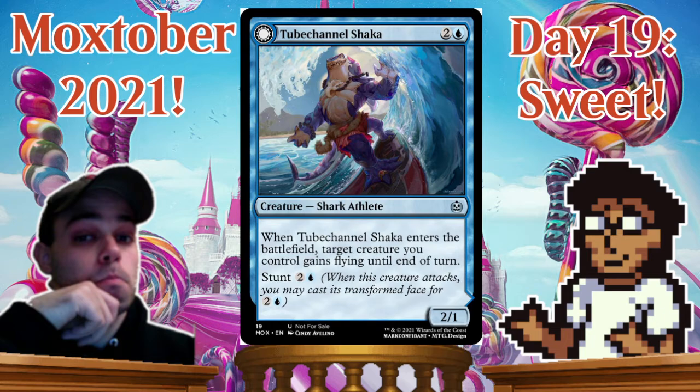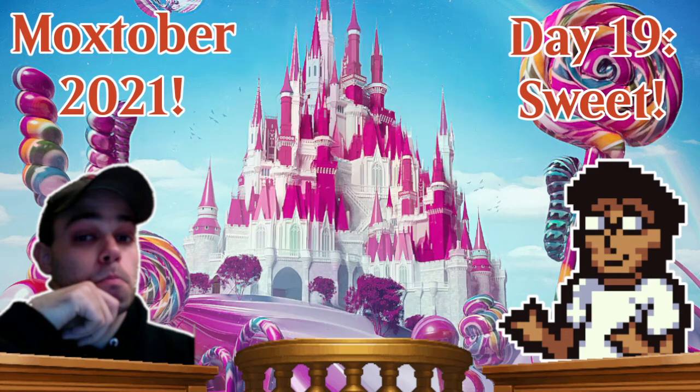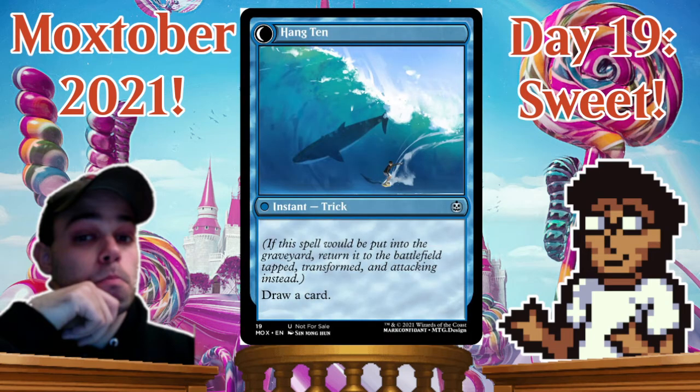And its transformed face is... Oops, I actually lost it. 1 second. Its transformed face is Hang 10? Hang 10. That's it. I didn't write down the name of the transformed face because I assumed it would be a DFC in the file. It was not. Okay, so it's an instant trick where you essentially draw a card,